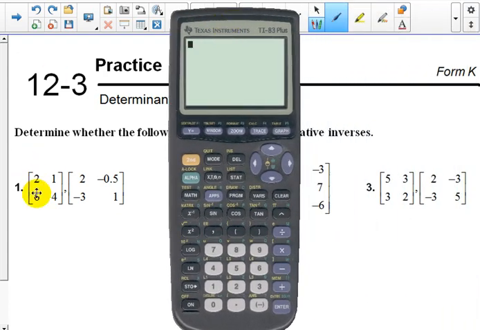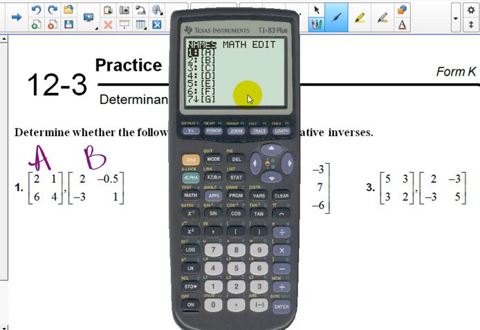So let's start with the 2 by 2. To enter a 2 by 2 matrix, we're going to call this our matrix A, and the second one's going to be our matrix B. Let's enter matrix A first. To do this, look for the gold letters that say matrix, right above the inverse key, the key that says x to the -1. In gold letters, there's MATRX. That's your matrix key. To activate the matrix key, or any of the gold letters, you have to hit that gold button, the second function. So hit second, matrix,